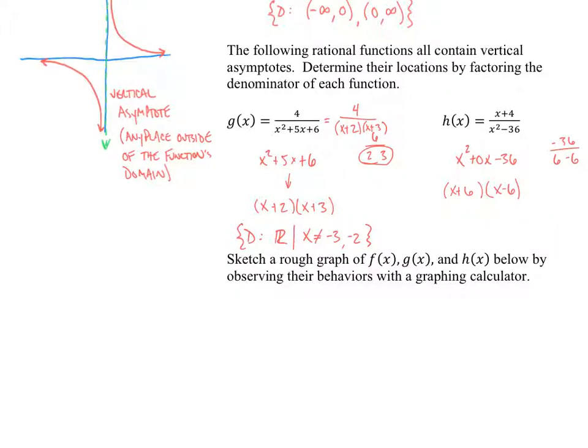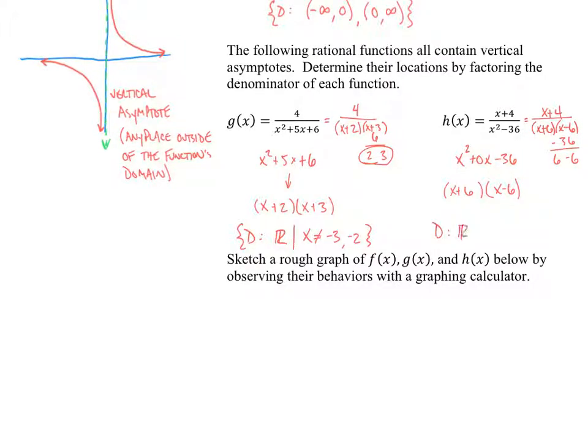Hopefully you remember this as a difference of squares. If this is a perfect square and this is a perfect square and we're subtracting, then our factors will always end up just being the square root of your a term plus or minus the square root of your b term, right? So it's a pattern. Hopefully it's not new. But what we've learned here is that this could be rewritten as x plus 4 over x plus 6 times x minus 6, which means that our domain